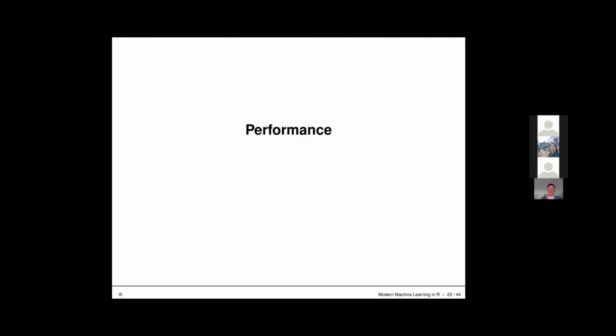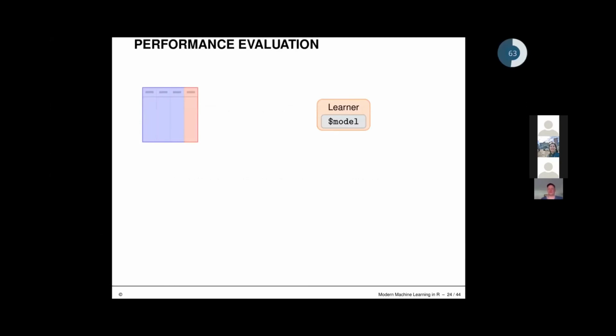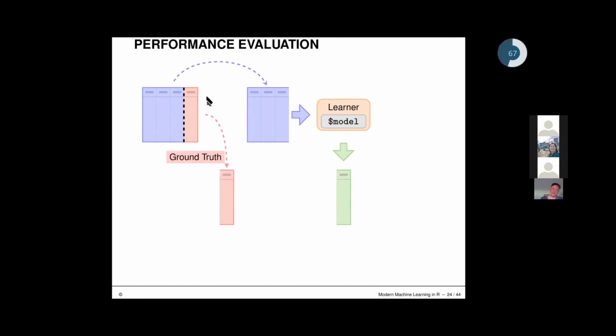So now we have trained the learner and got a prediction. Now it's time to score the prediction to measure how well the learner performed on the data set. So this is what is called performance evaluation here. We now have a learner which is already trained, so there's already a model in there, and we have some new data here. And we start by splitting the new data or the test data into features and target. The features go into the learner, and the learner gives us a prediction, right? And the true column, or the target column, so the ground truth also called,